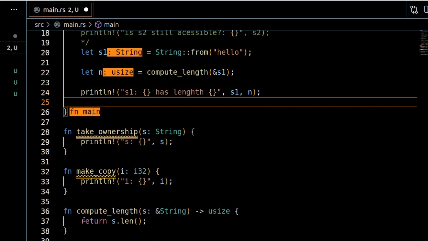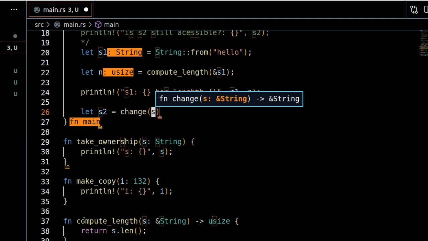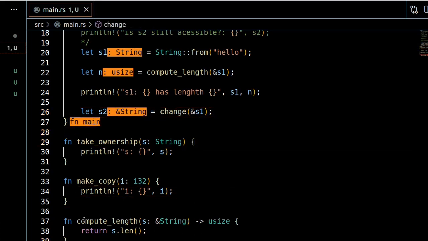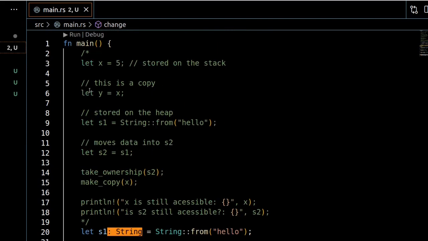So here we can call the change function on S1. And this will not compile. Oh, this actually does not return anything, so we can leave it empty. And this will not compile because this is an immutable reference. So if we run this,